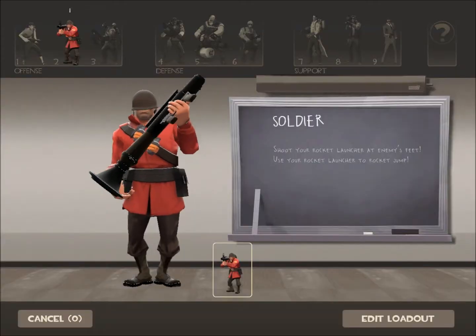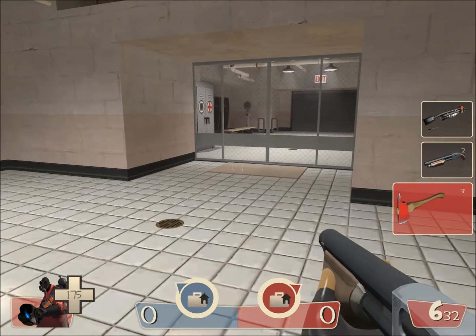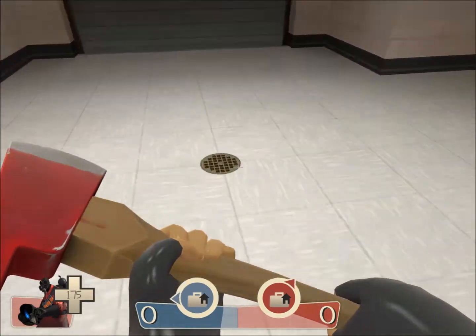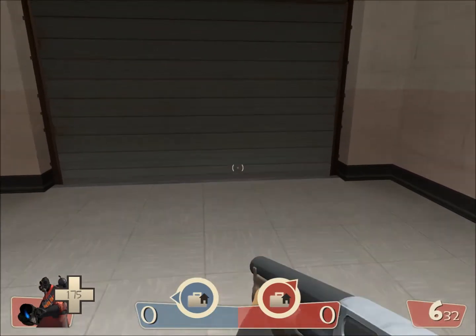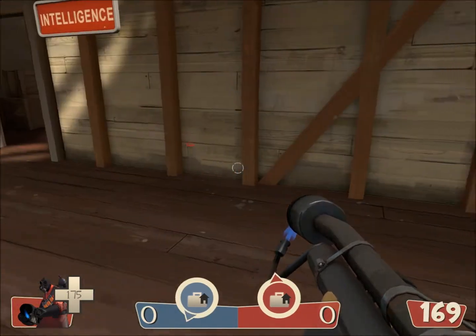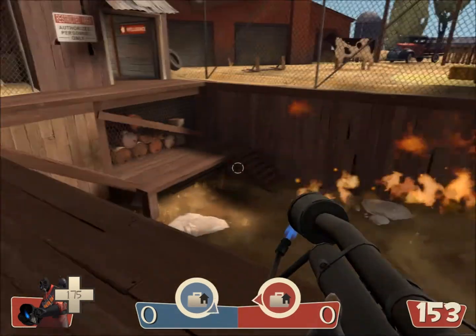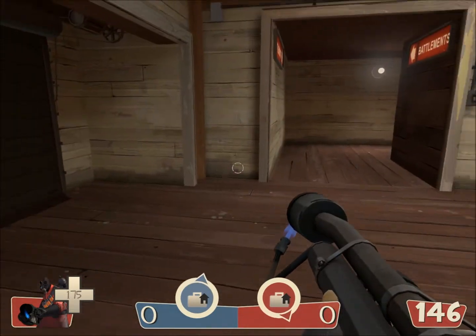Okay, next we have the Pyro, which is a pretty crazy class, or one of the most destructive classes if you do it right, or one of the most annoying perhaps. So the Pyro obviously has a flamethrower. You can set the enemies on fire, and they'll burn for a while and take damage unless they get extinguished. You could also right click with this,